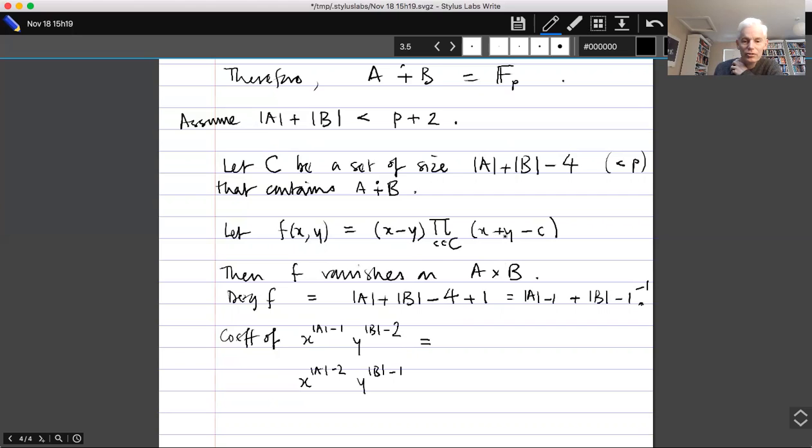This part here has degree |A| plus |B| minus 4. So let's first of all work out what the x contribution is. That's x to |A| minus 2, y to the |B| minus 2. So that gives us binomial coefficient |A| plus |B| minus 4